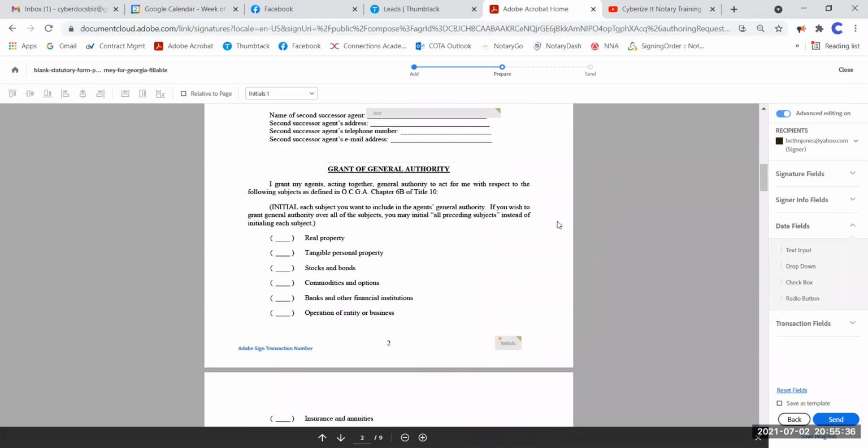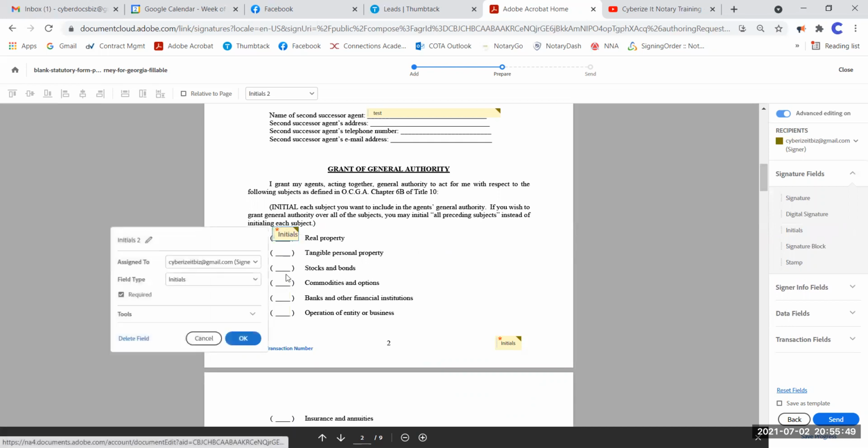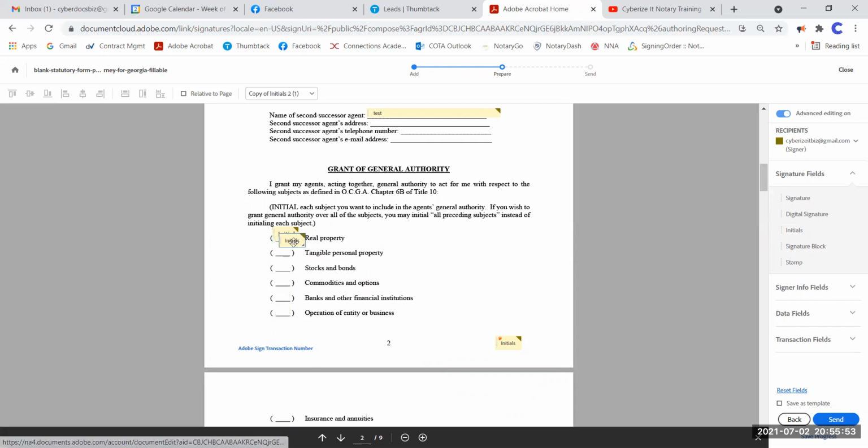Now, this is a power of attorney and each principal has the option to give the power or not. None of them are required. So if you don't know what their intentions are for these, you will edit, take the required off, and then we can just copy it and put it on here. So boom, boom, boom,